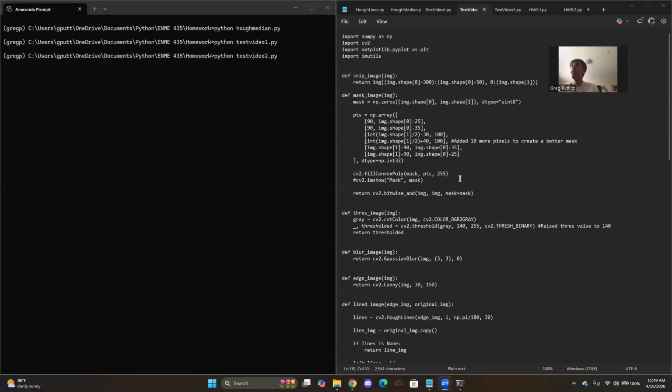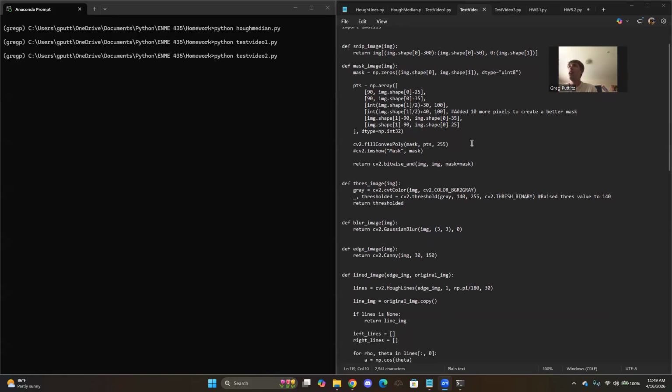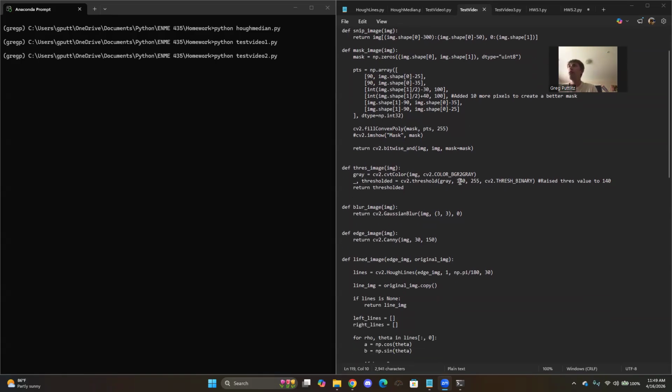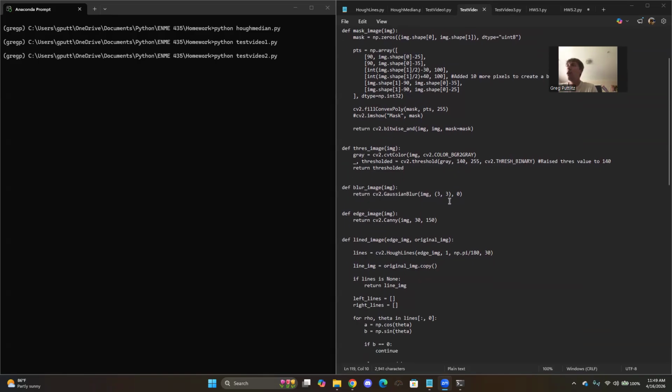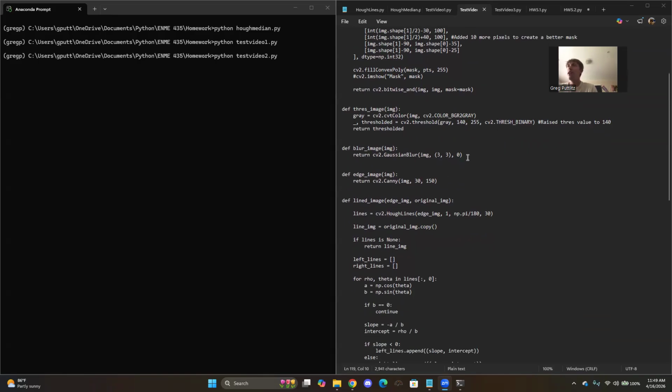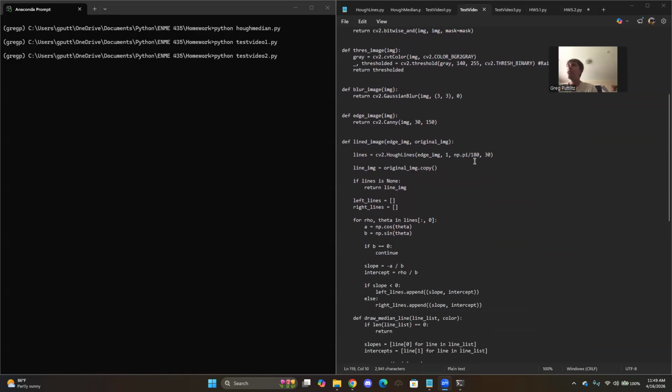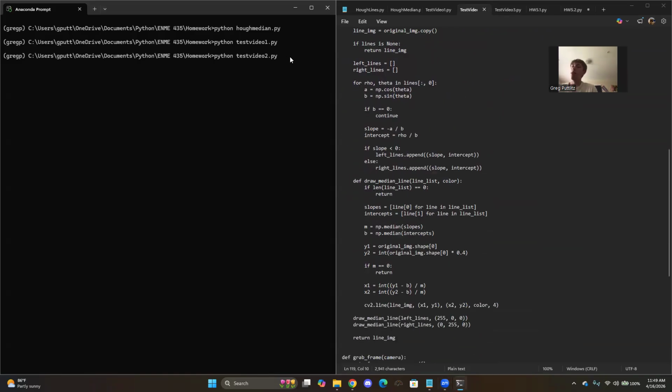So next, in this second test video, I did have to change things up a little. So going counterclockwise from the bottom left, I changed the top right portion of the mask to create a better mask. I added 10 pixels to that. I raised this threshold value to 140. And other than that, I sort of kept things pretty much the same, the kernel size and everything like that. So if we run this,